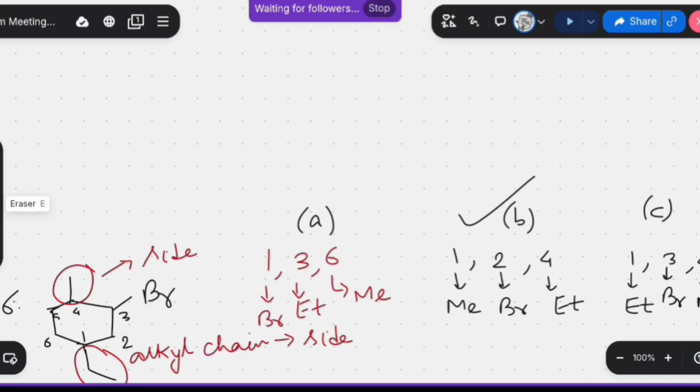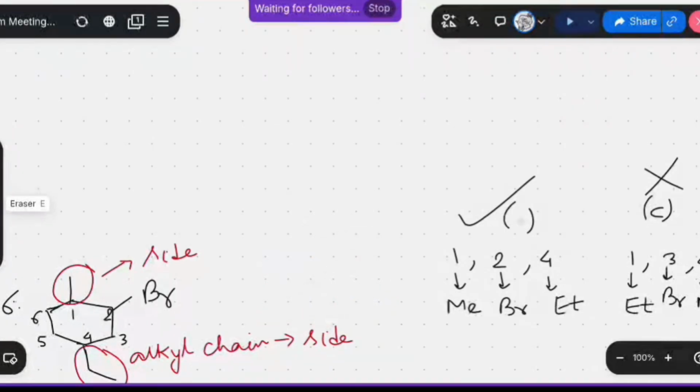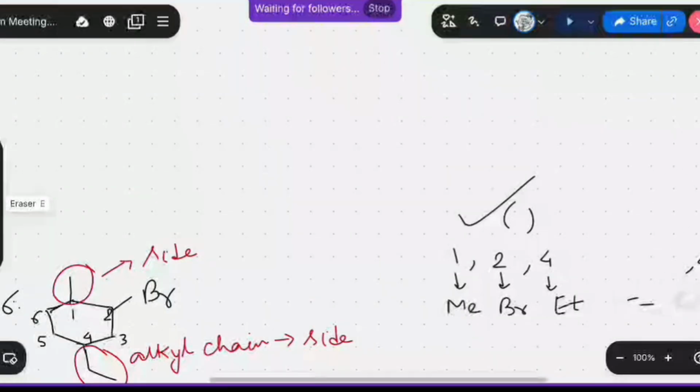If you start numbering from the methyl group, that means the methyl carbon gets the locant 1, bromine gets locant 2, ethyl gets locant 4, then that will represent the lowest locant. That means both A and C set of locant will be wrong. So hence the correct locant is 1, 2 and 4. So the IUPAC for this compound becomes